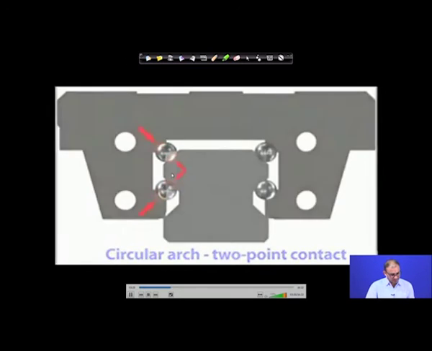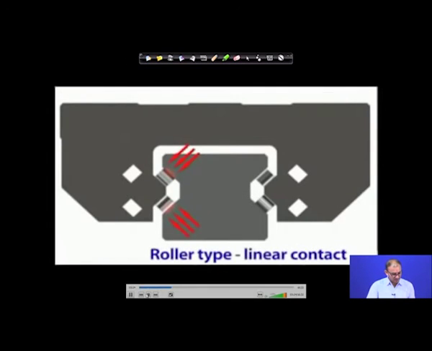Correct. So, its centers are contacting inside this part, and now if you use a roller bearing, then again it is the same thing here, but now you have more contact zone points. So, it is a line contact now, and because of the line contact your load carrying capacity increases. Now, you can add a little bit higher amount of load for machining, or do a little bit aggressive machining at the micro machining center.